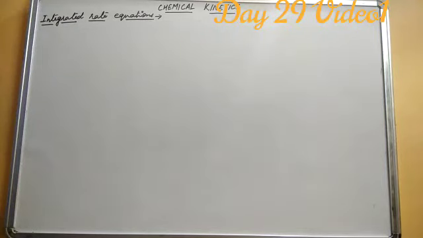In the last videos, we have done order of the reaction, rate constant, differential rate equation, and rate law, and from this differential rate equation and rate law, we have found out the order of the reaction and rate constant. But sometimes it is difficult to find out this rate constant and order of the reaction from the graphical method and from differential rate equations. It is better to integrate these rate equations.